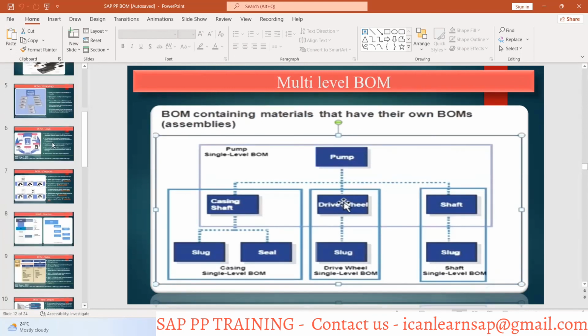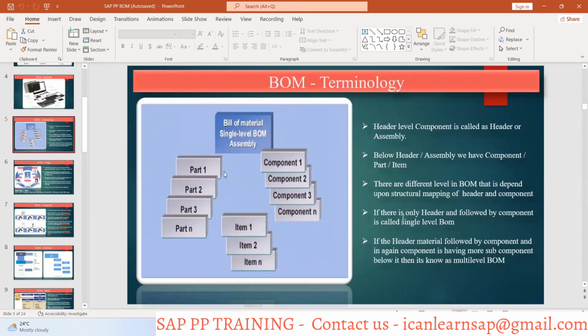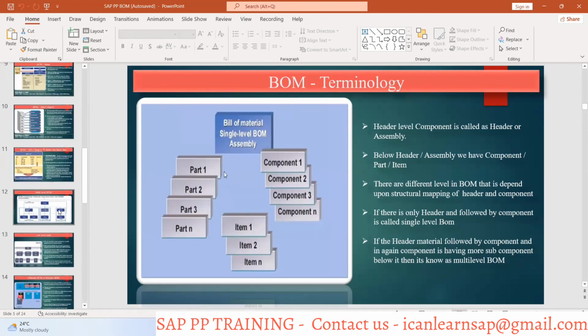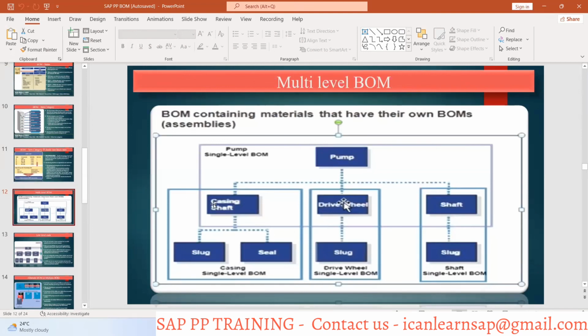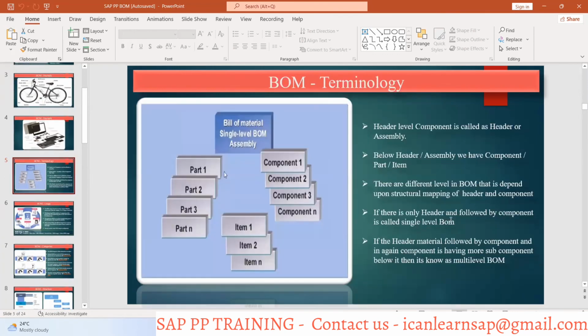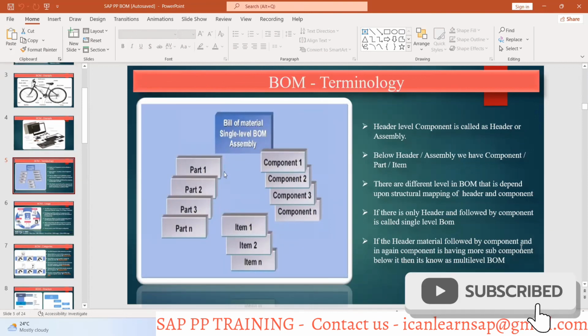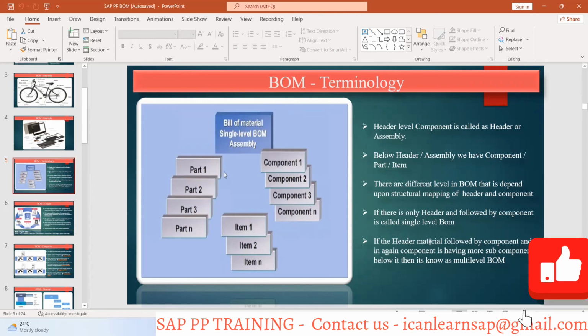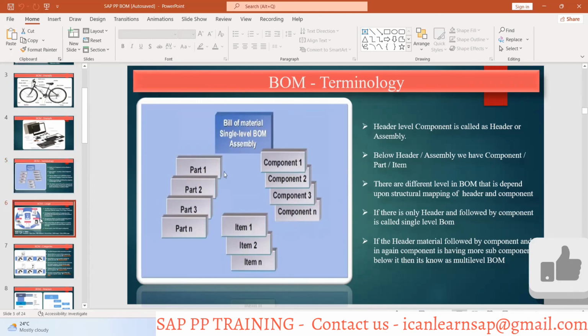We are discussing the structures. If there is only a header and following components, it is called a single level BOM. Imagine you have this pump and you have only this blue circle, then one level, that is called a single level BOM. When these components also have their own individual BOM, then it is called a multi-layer BOM. So these are the terminologies used in BOM. We will understand everything in detail, don't worry. If the header material is followed by components and a component again has subcomponents, it is multi-level. So multi-level BOM is what we discuss. Okay, now let us